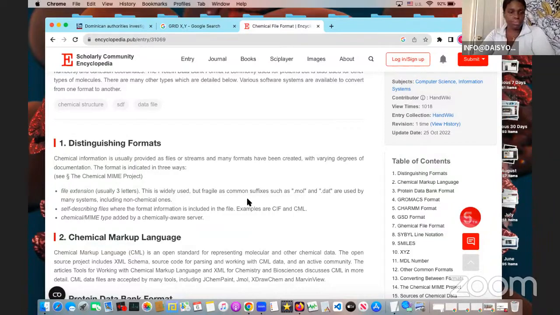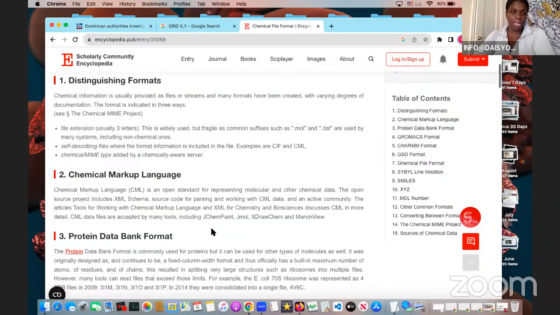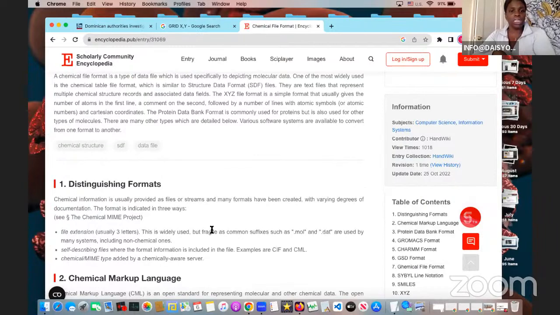So now, chemical markup language, distinguishing formats, right? Are you using the shape, the geometric pattern, which is outdated? Are you using the chemical sequence? Are you using the image for some of them, right? The molecular image, it's a few ones that you can use, or are you using a file like .mol, where you have to put in specific coordinates from the periodic table of elements, like, oh, it's this element, its mass, its wave, proton, neutron, etc. And that's really more when you're getting into specific things, like specifically this, right?